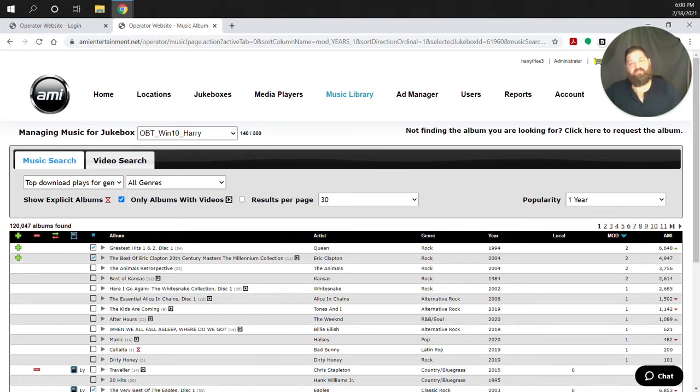Each jukebox can download 24 albums per month. That comes out to 6 per week at no charge. Now, if you have a new jukebox, there's actually a 30-day grace period in which you can download unlimited local downloads. Before we go ahead and check out, why don't we take a look at how local albums are doing